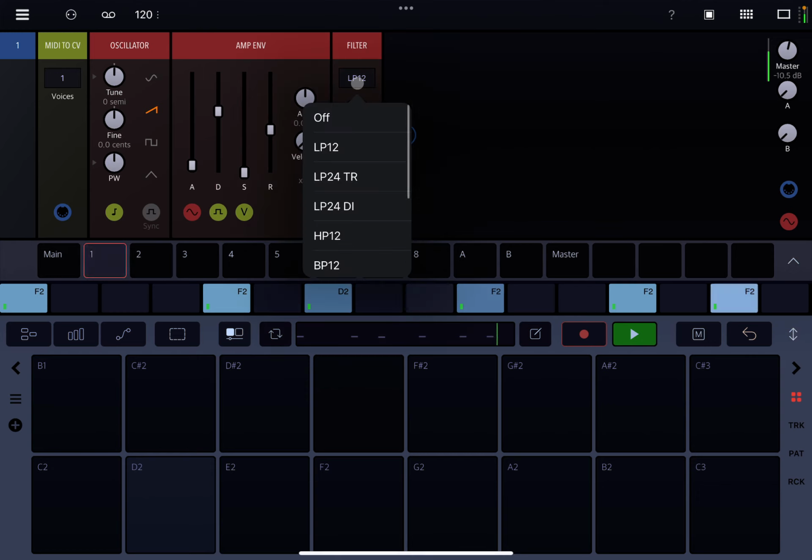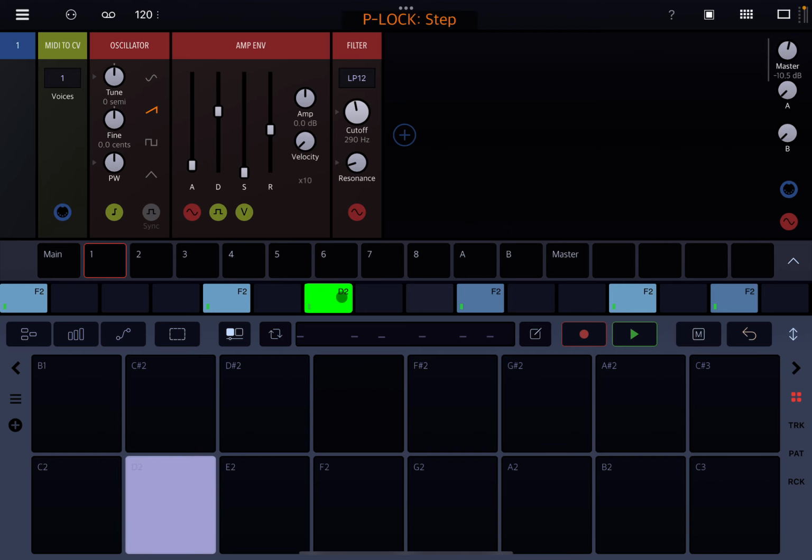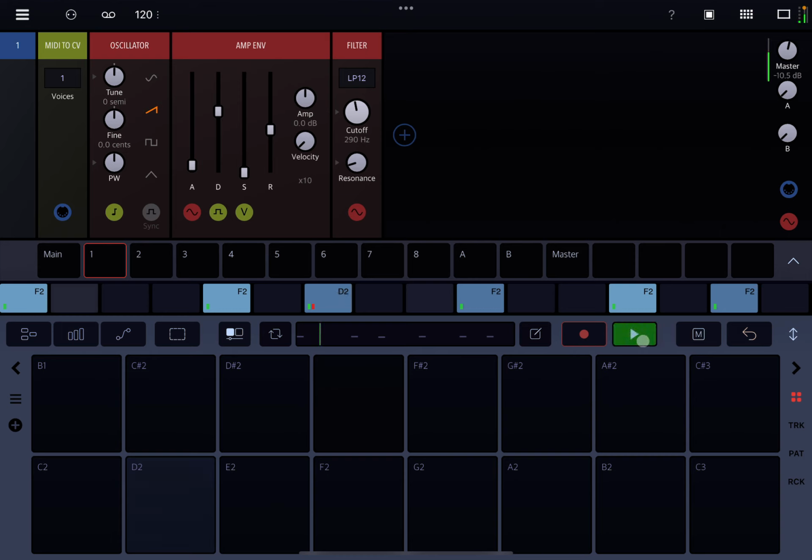Got filter types there, high pass, band pass, different slopes, very versatile. So if we stop that now, we want a little bit of difference in that. So maybe we want the D note, we want the filter to open up a little bit more, so we hold down the D and we just pull right there. Now when we press play,